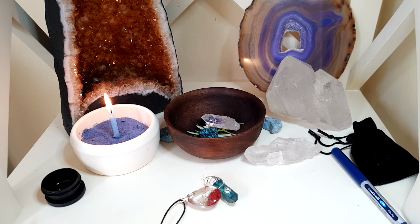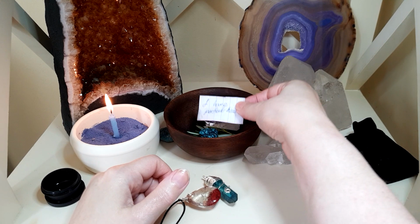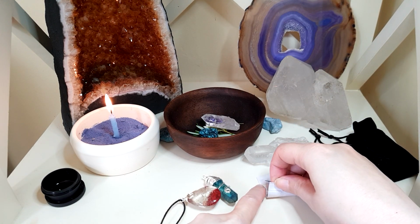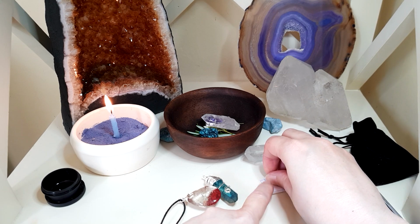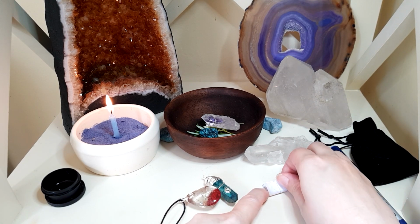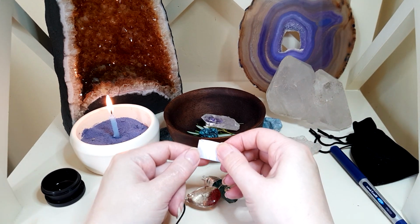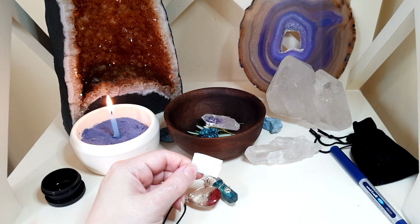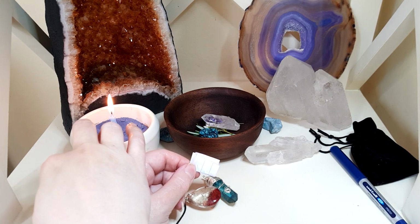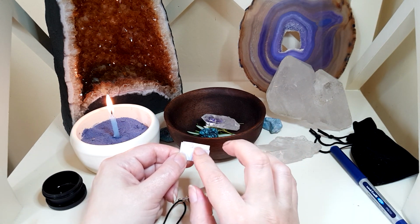Just getting it now. All right, got the piece of paper back. So we're going to fold this away from ourselves so that we're pushing away any disease and bad health. I am going to put a little bit of the oil onto it. It's a tiny bit of paper, so I only put a tiny bit. And I'm going to